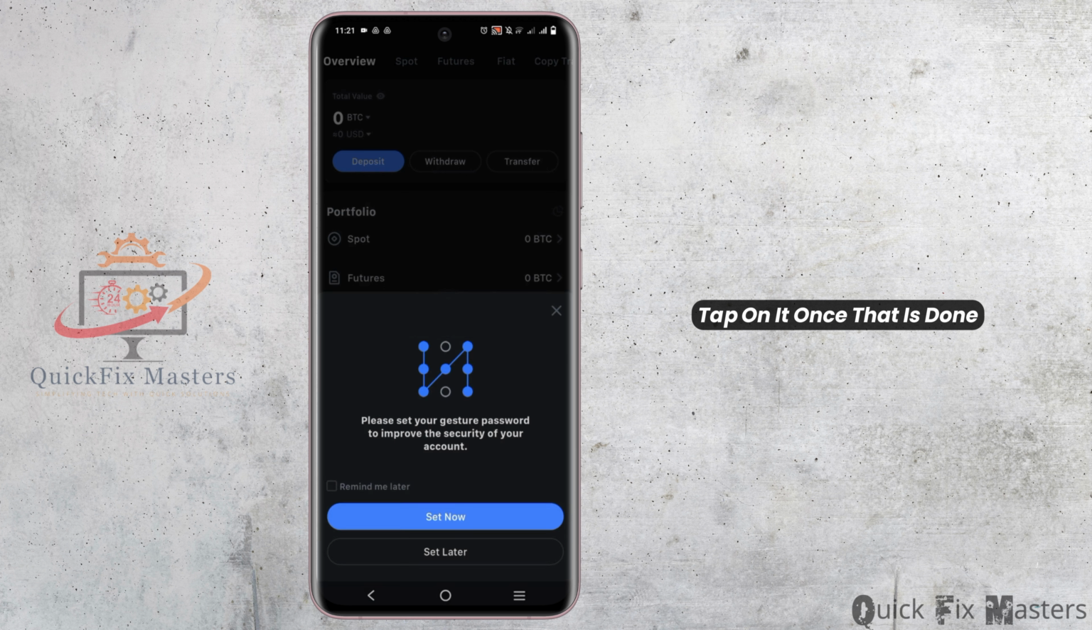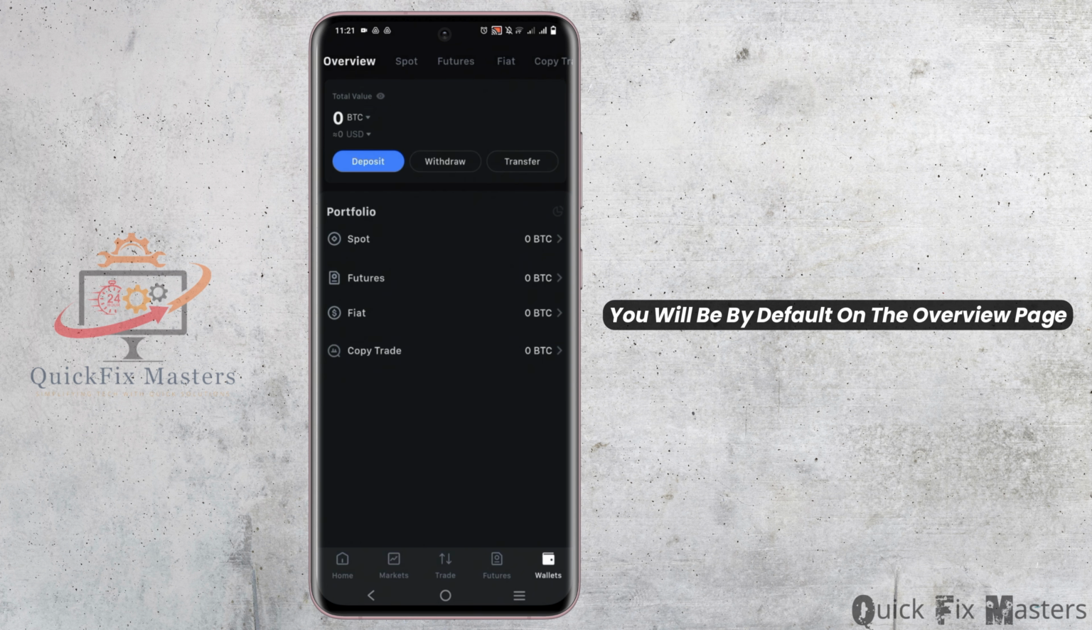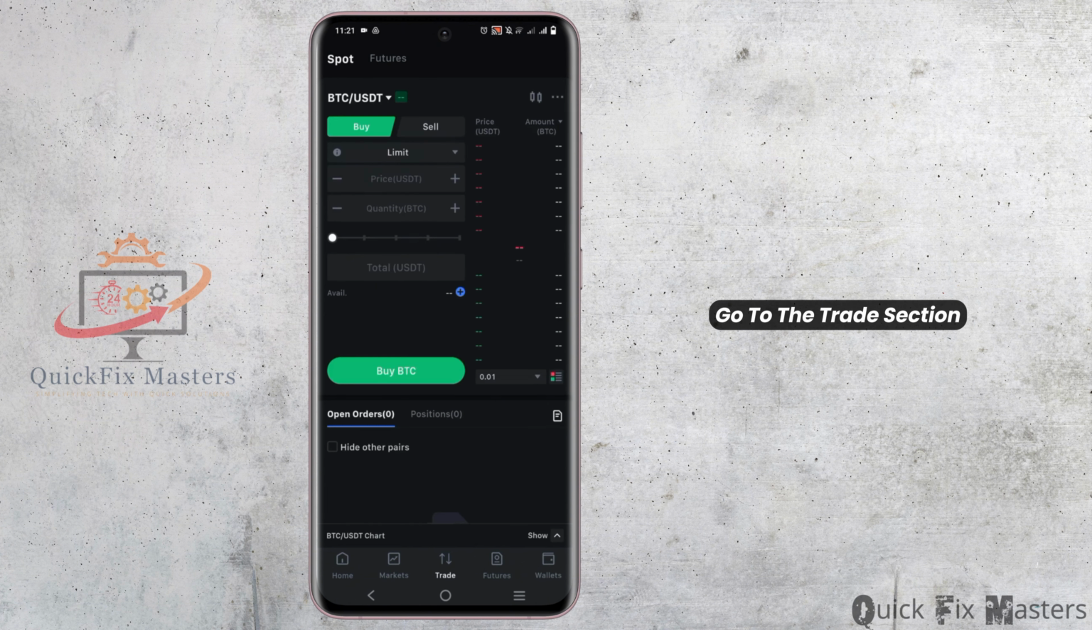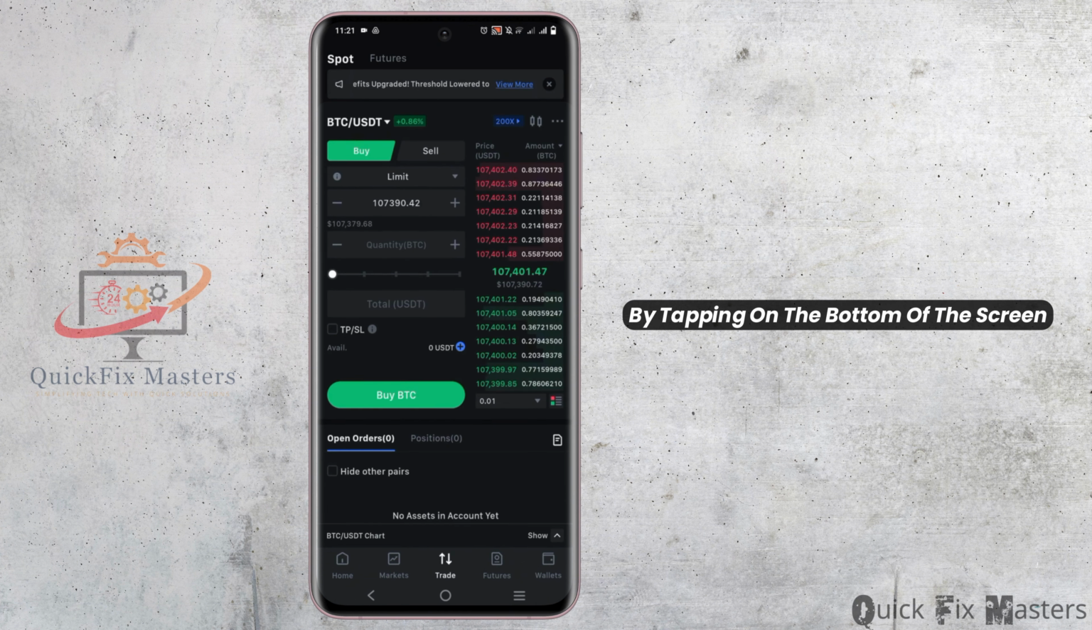Tap on it. Once that is done, you will be by default on the overview page. Tap on the spot page next to it. Now from the asset list, ensure you have enough USDT which is required for swapping the coins. Now that you have confirmed it, go to the trade section by tapping on the bottom of the screen and